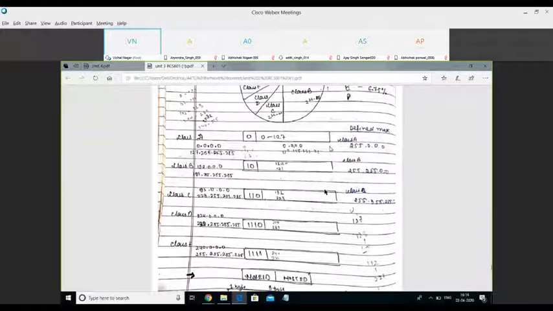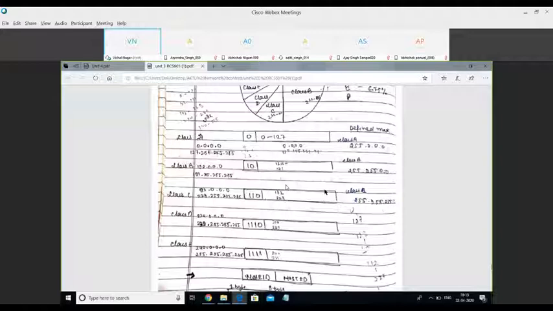Now we are moving on to class C, which starts from 192.0.0.0 and ends at 223.255.255.255, and the format is 110. Leaving these two IP addresses corresponding to the network address and broadcast, in case of class C, we have only 1 octet corresponding to host ID and 3 octets corresponding to net ID. It means 2 to the power 8 minus 2 hosts can exist in a class C network.